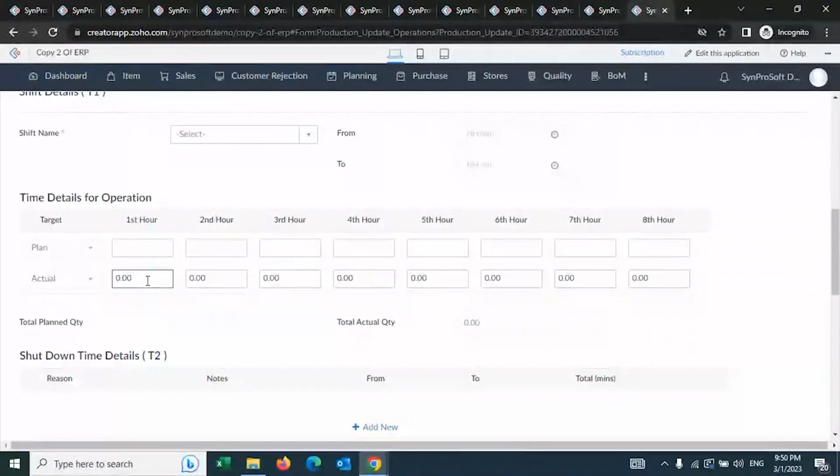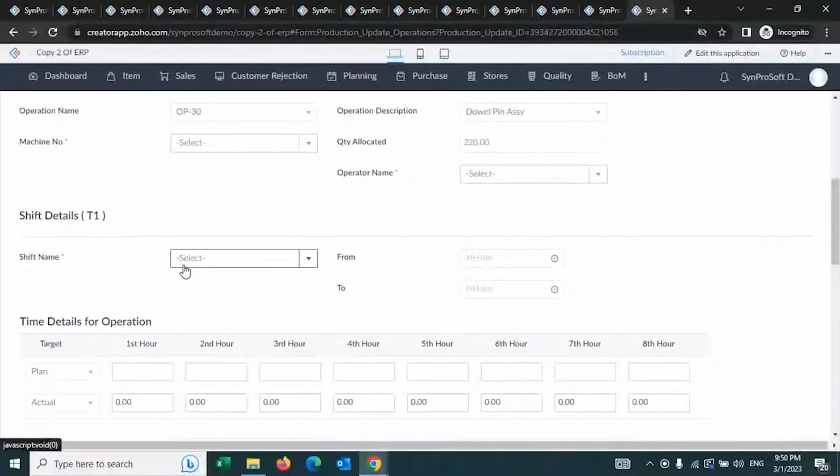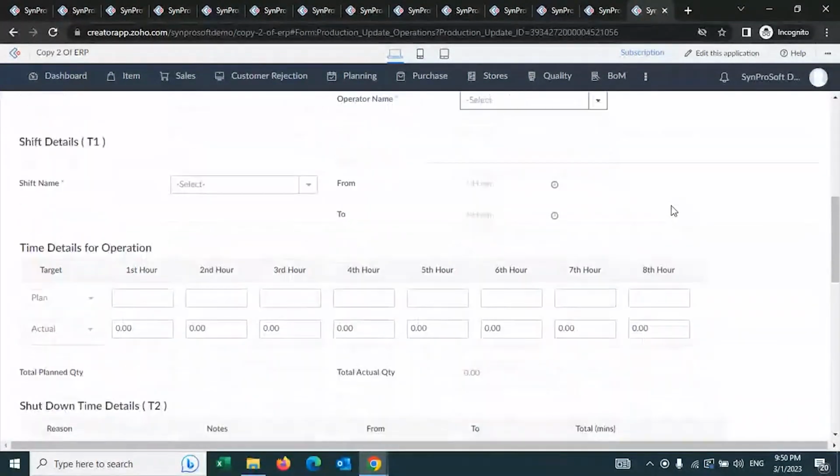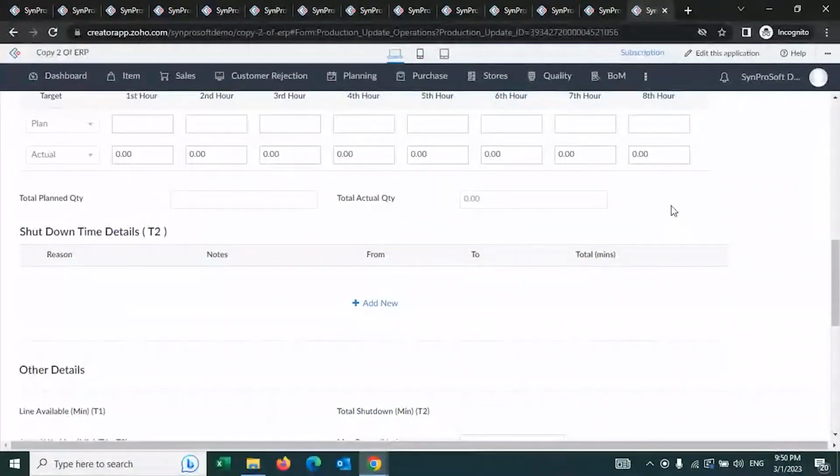So we know first hour I wanted to produce 100 items. How many did I produce? Was it more? Was it less? Was it equal? Why was it less? That analysis you will be able to do on an hourly basis. And also, who did that? Which shift was working on this? Which person was working on this? All of that you can configure, so you know the productivity by the product, by the machine, by the resource. You'll be able to track it here.